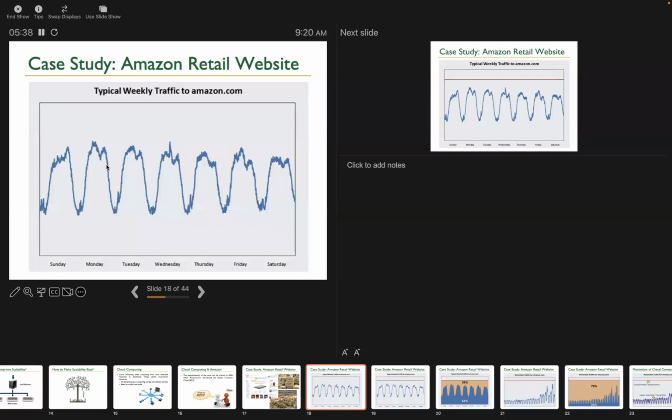So with this graph, pay attention. This is how Amazon receives its traffic every day, very standard. This is also a very typical traffic pattern for most internet companies. Seven days a week, every day you can see some peaks, and these are during the daytime. One of the peak times is around noon. Another peak time is around evening time. That's when people normally are having a break and